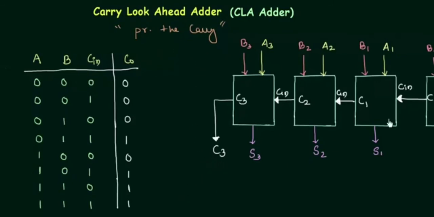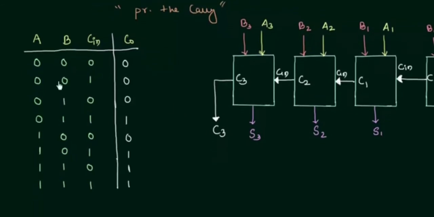Okay, so we will start from this table, truth table, a familiar truth table for you. Only the sum is not mentioned because I have already told you that we are going to focus on the carry output. So what we are going to do in this truth table is to see when the carry output is 1 or high and do some analysis. Okay, everything is hidden in this truth table, only you need eyes to see them. So these are the 4 cases in which your carry output is high.